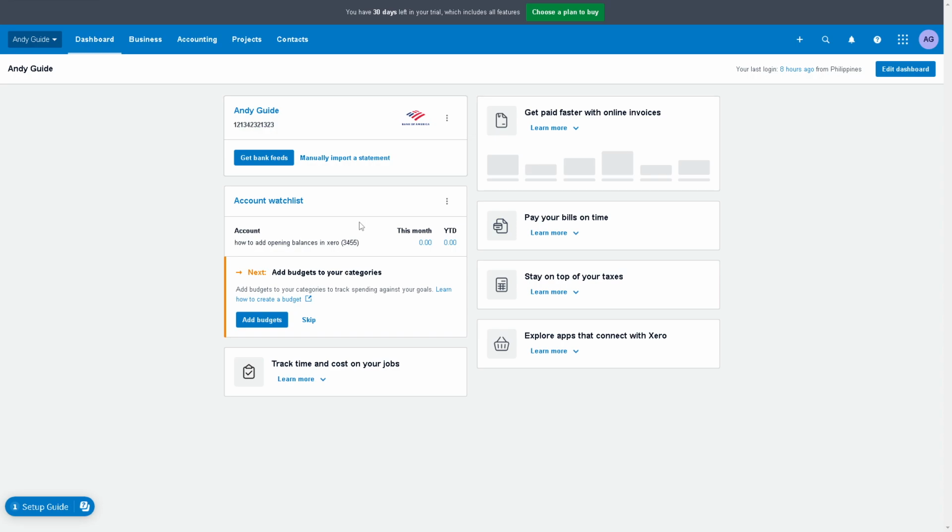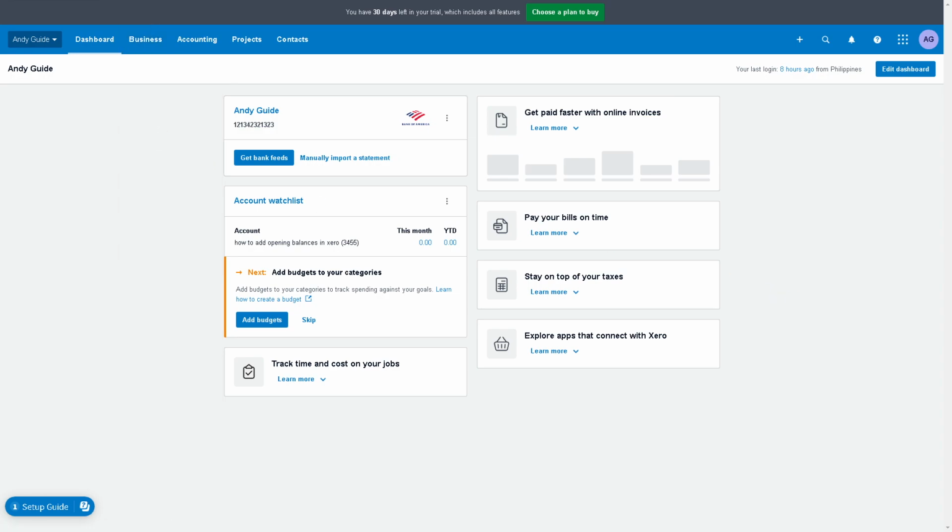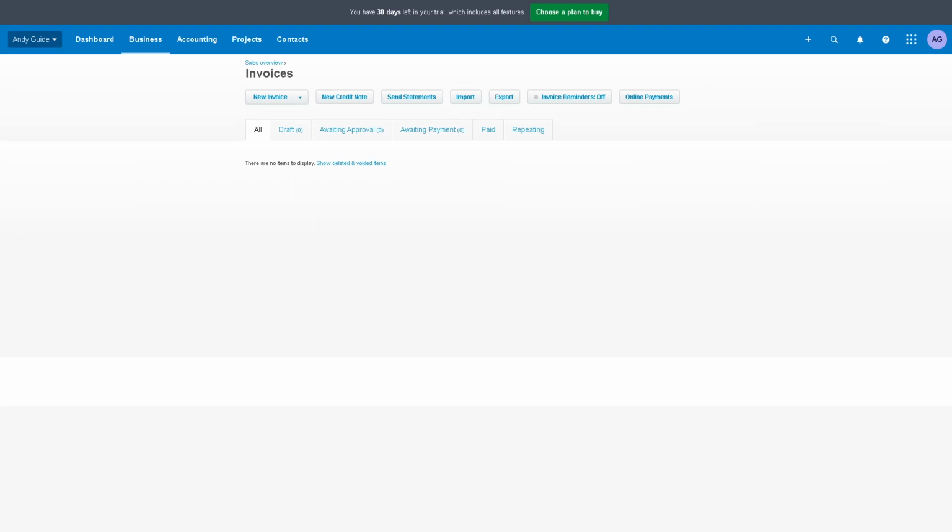Now, if you want to record a refund, we have to record the refund in the business option here, the upper left corner of our dashboard. Click on business, and from here all we have to do is click on the invoices, all right, or bills to pay. So it's up to you whether you choose invoices or bills to pay, but for now let's click on the invoices. And from here all we have to do is, again, we need to create a new credit note,